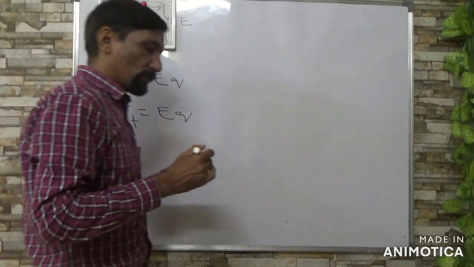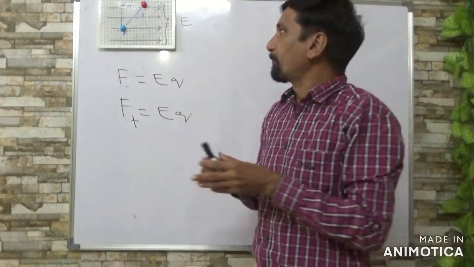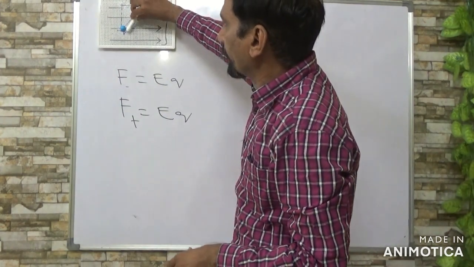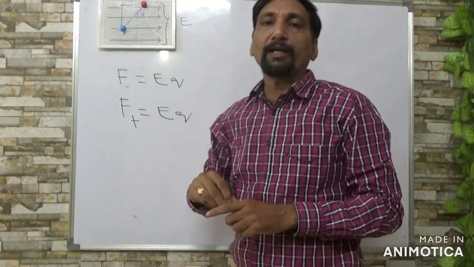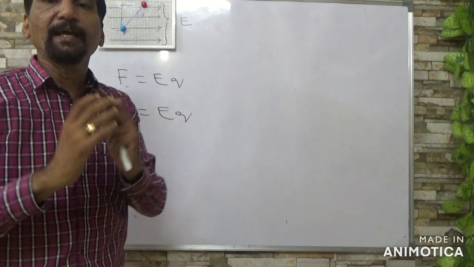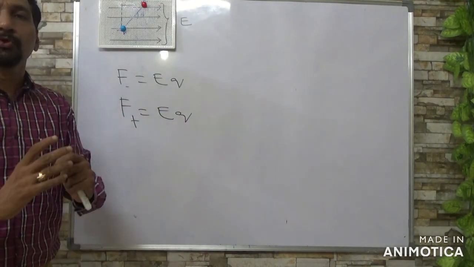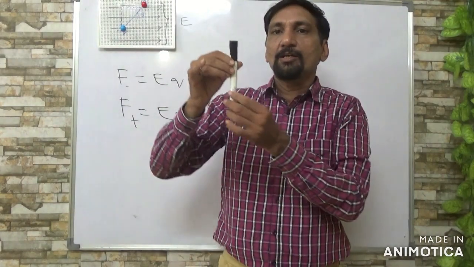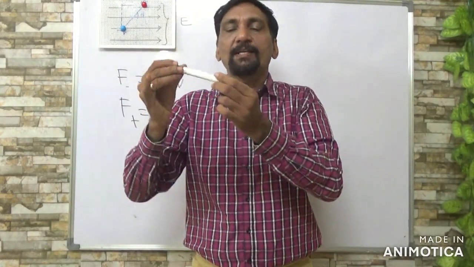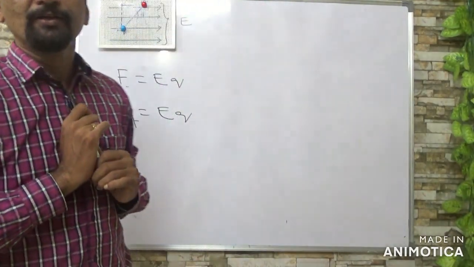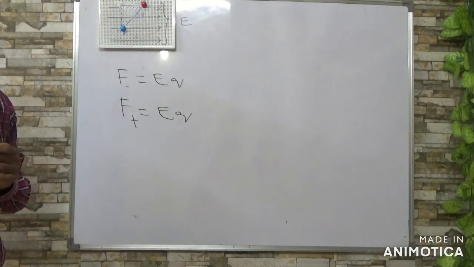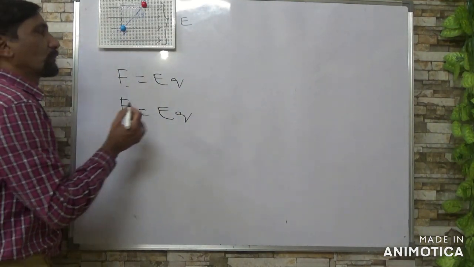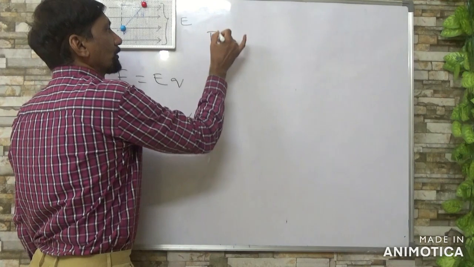because it is a uniform electric field, so everywhere strength remains same. So when you are placing the dipole in the uniform electric field, both positive and negative charges gain equal force in opposite direction, which makes the dipole rotate by some angle. That is nothing but torque. So we are going to calculate torque,